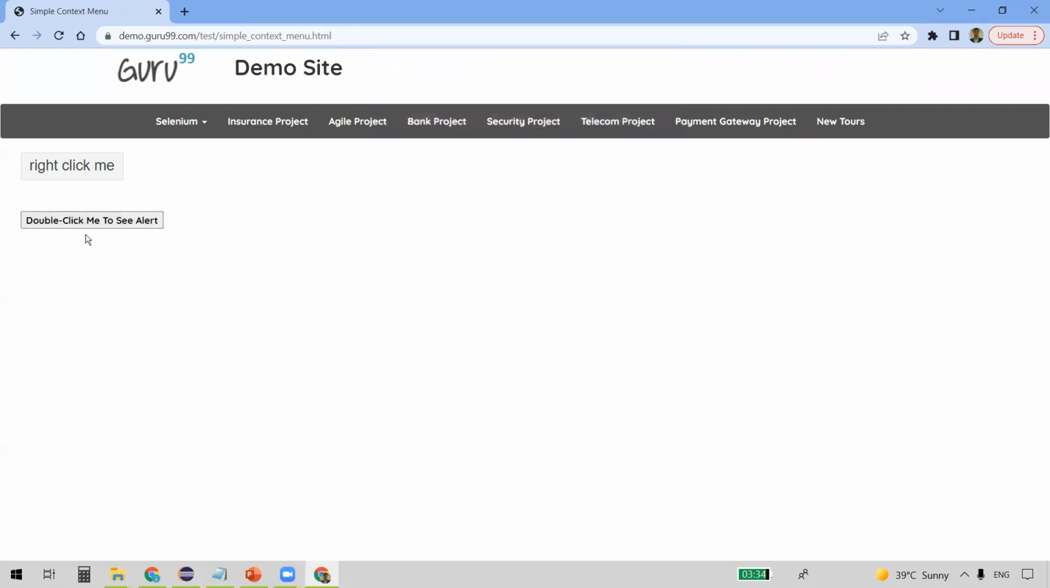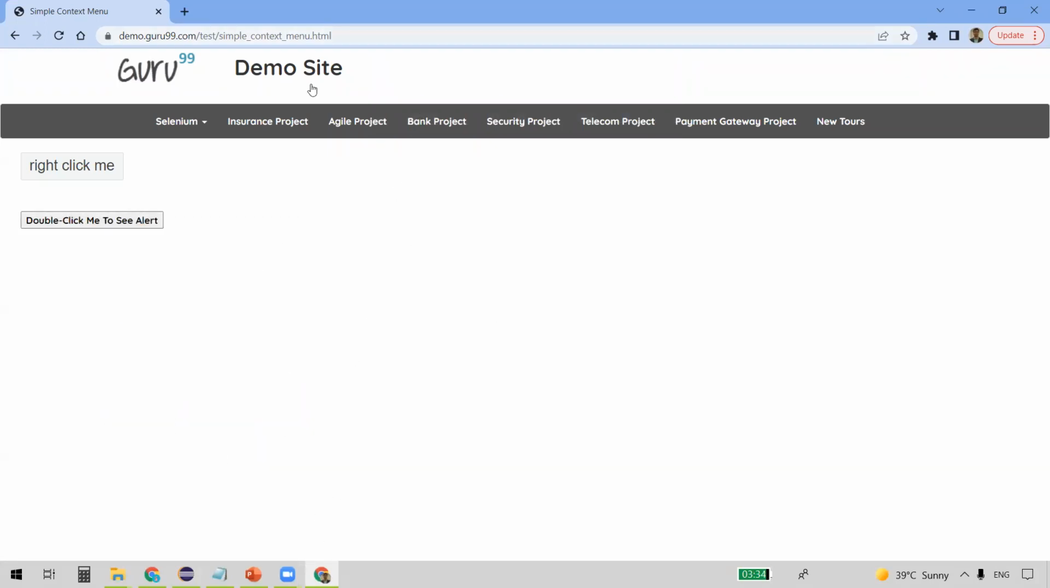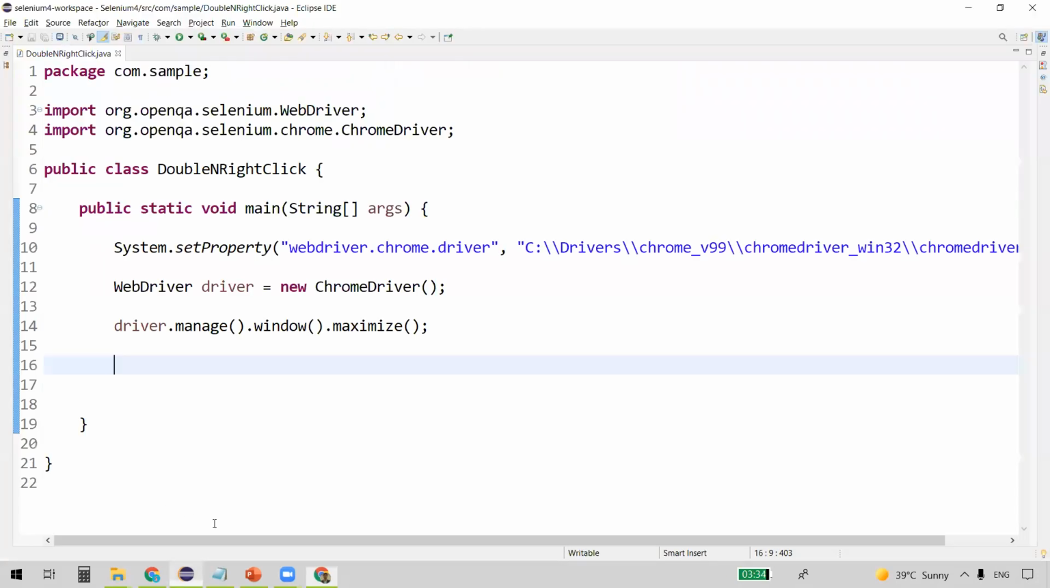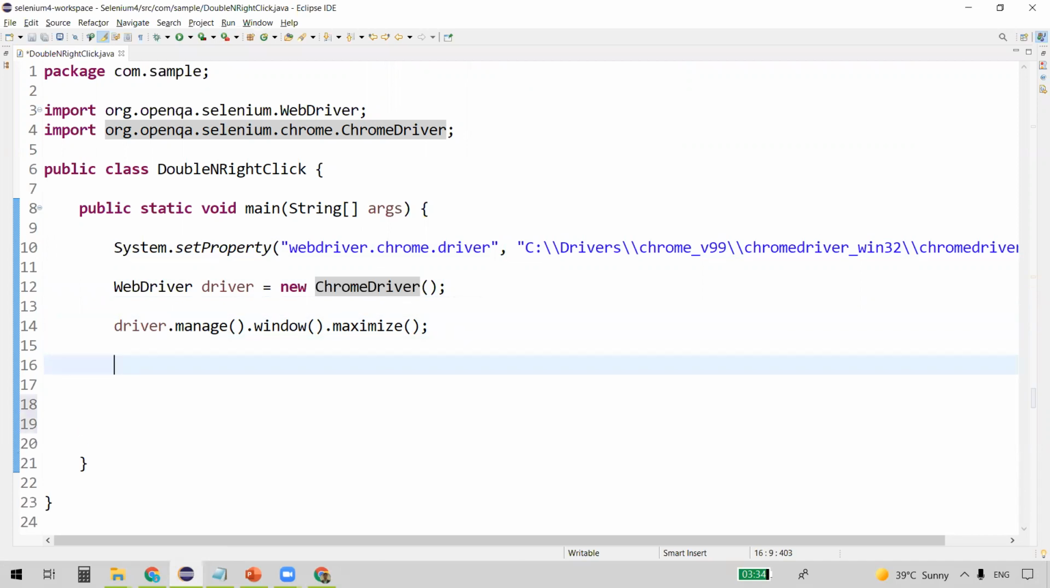Now let us see how to automate this. So first we need to inspect this element, and even before that we need to navigate to this URL. So you can see here I already created a class, and I set the Chrome driver to the Chrome executable, created a WebDriver instance and instantiated it to the Chrome driver, so that the Chrome browser window gets opened, and I maximize the browser window. Now we'll navigate to the particular URL,